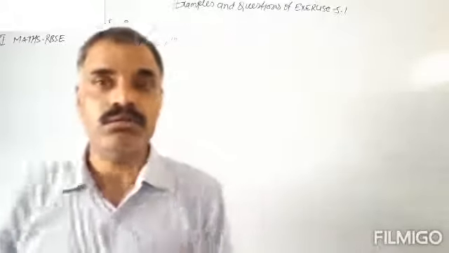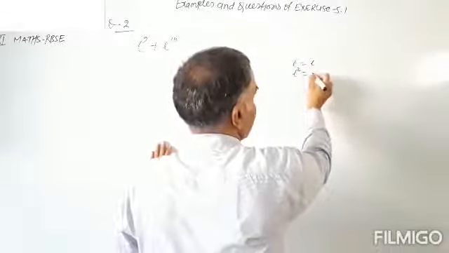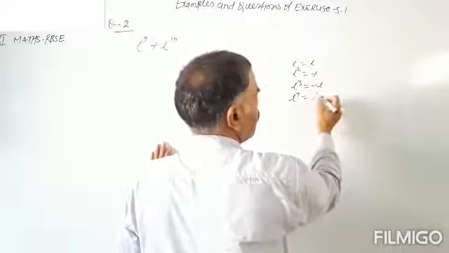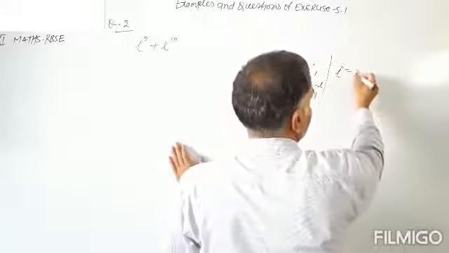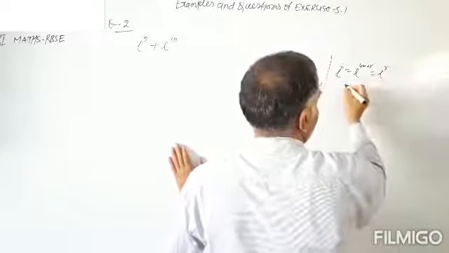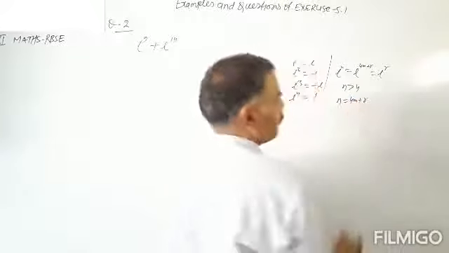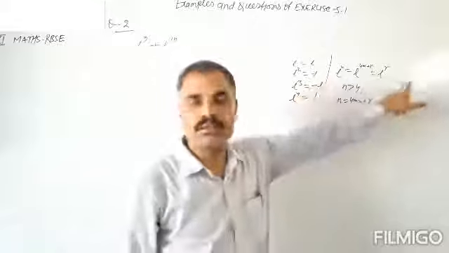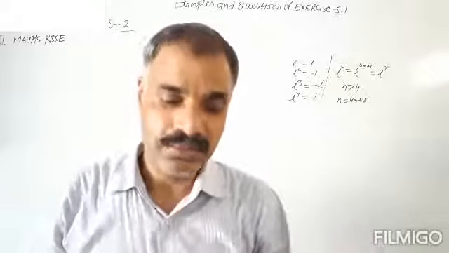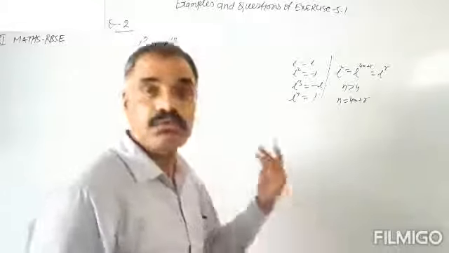We have already told you that iota squared equals minus 1, iota to the power 3 equals minus iota, and iota to the power 4 equals plus 1. And iota to the power 4n plus r is iota to the power r, where n can be put in the form 4n plus r. So iota to the power n equals iota to the power r. This we have already discussed, so no long discussion is needed here. We will solve the questions directly.